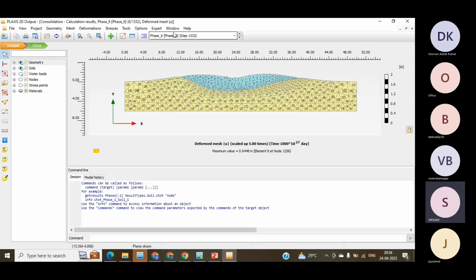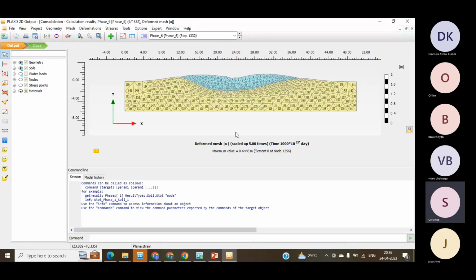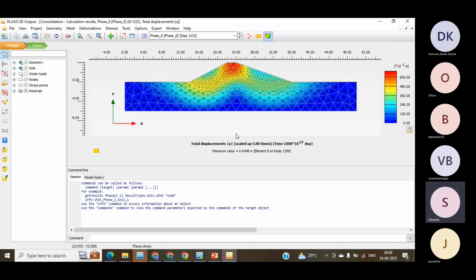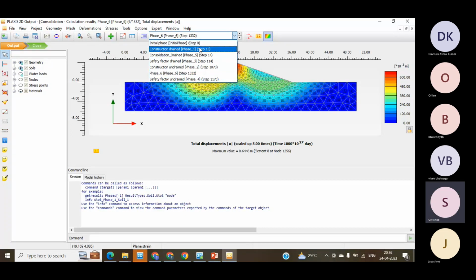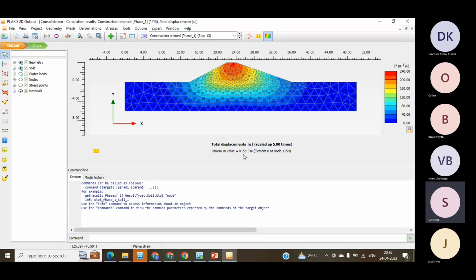okay, this is your final stage where the factor of safety has reached this particular level. This is the final thing. If you look into this, in the undrained conditions, it is deforming around 0.6 meters. But if you go for construction in a drained condition, it is deforming around 0.2 meters. You have seen this because